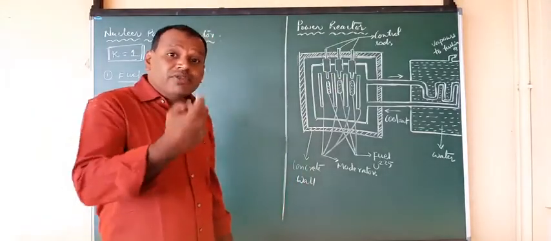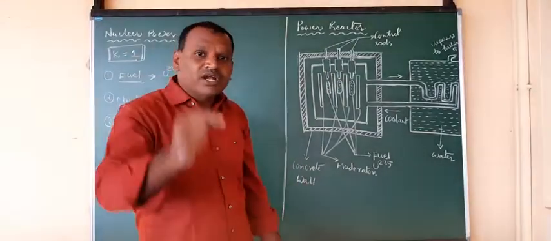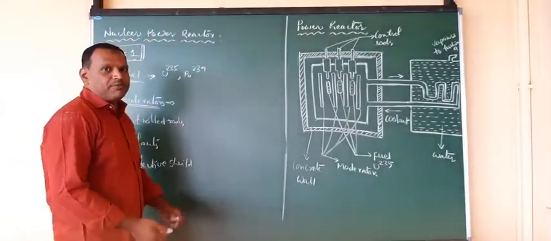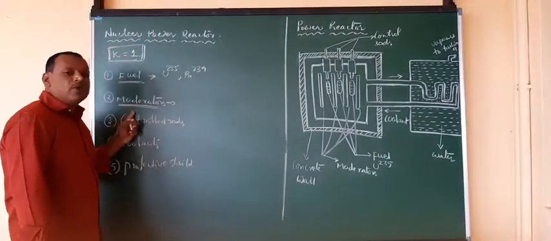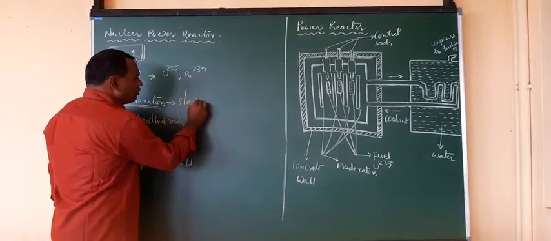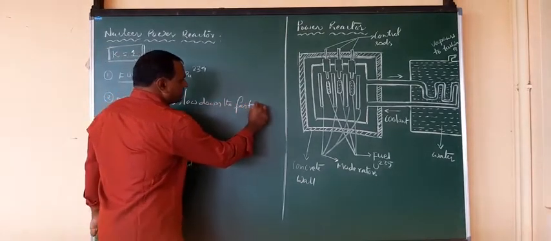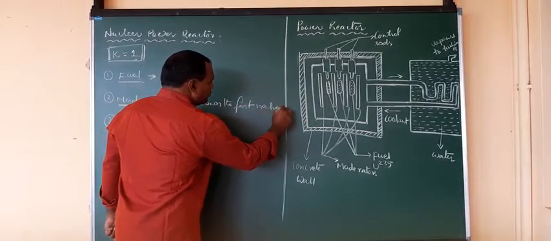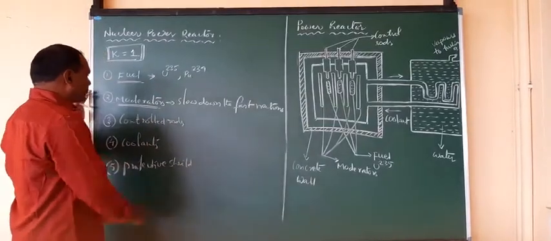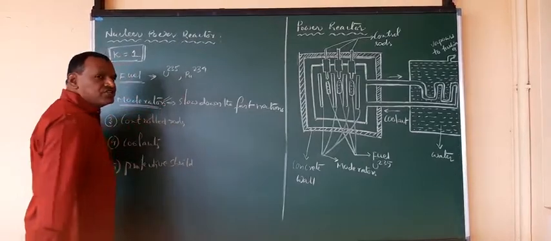Slowing the fast neutrons makes the next fission reaction possible, so we get a sustained, continuous chain reaction in the nuclear power reactor. Because of that, we use moderators. So what is the functioning of moderators? They slow down the fast neutrons which are produced during the nuclear fission reaction, right?